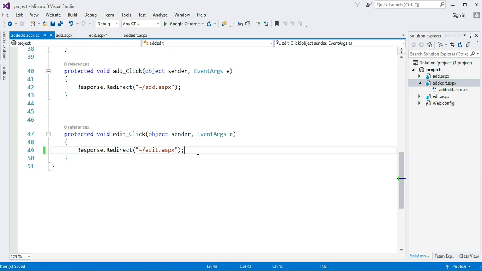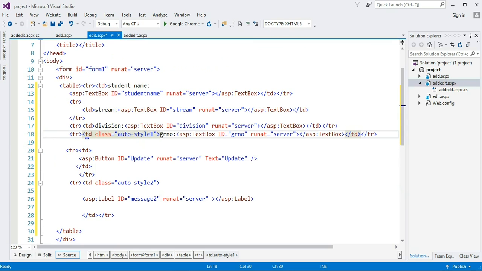Save it. Now we have to pass our data from the database table to the edit page through the drop down list located in the add edit page. So first of all, we have to bind data to our drop down list.